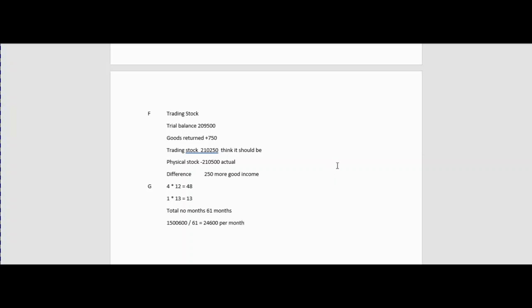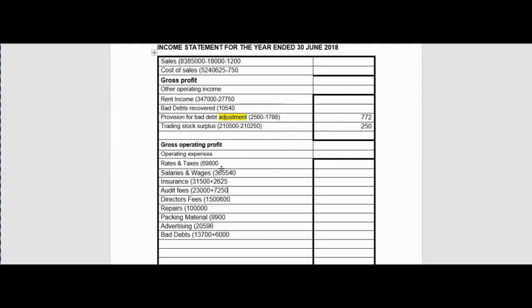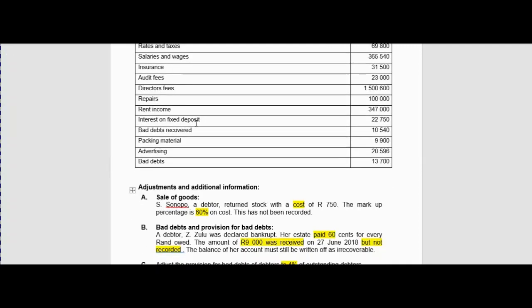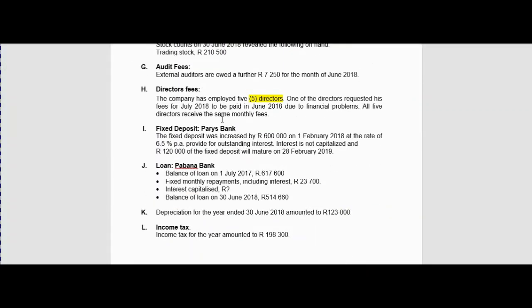So now it's simple. One got too much, I must take 1 month out. So I must simply reduce the director's fees with 24,600. So I'll go to my answer book and go to director's fees minus 24,600. Good, so now we are done with this adjustment. We can move on to the next one, which is the fixed deposit. Again,